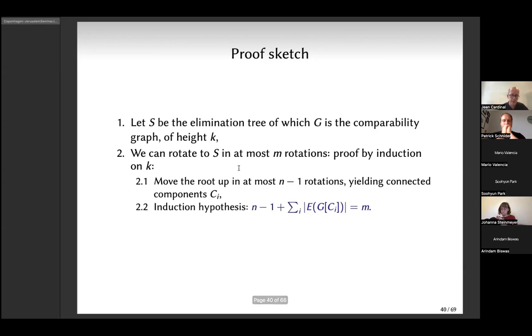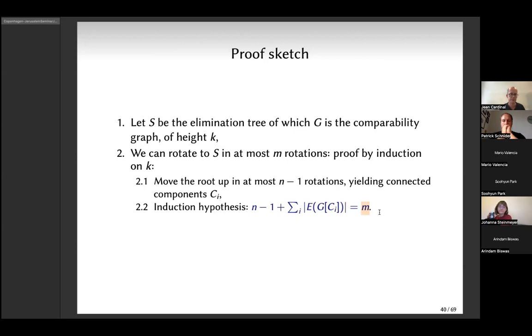And by induction hypothesis, this recursion on the subtrees can also be done in time proportional to the number of edges, right? So you get n-1 plus the sum over each connected component of the number of edges. And this is exactly the number of edges of the initial graph, right? Because you have exactly one edge from the root to everybody else in every subtree by definition of the trivially